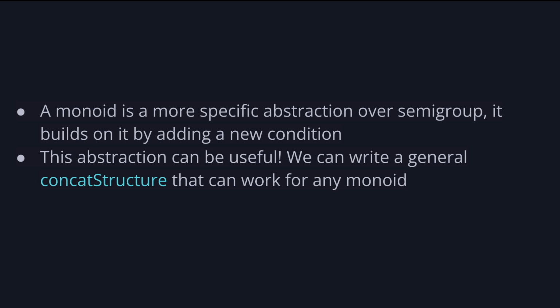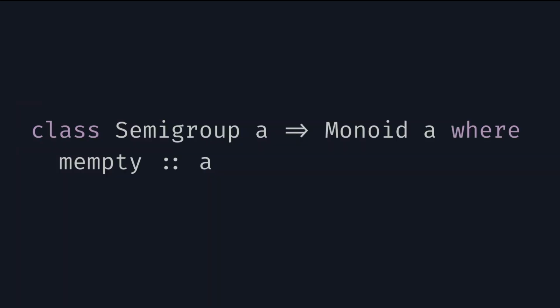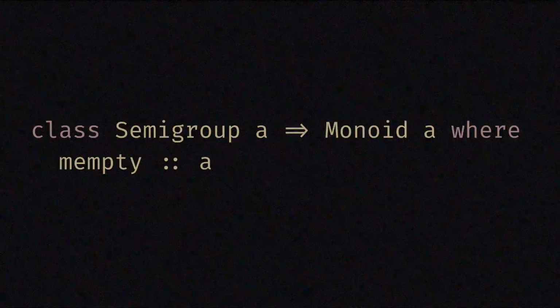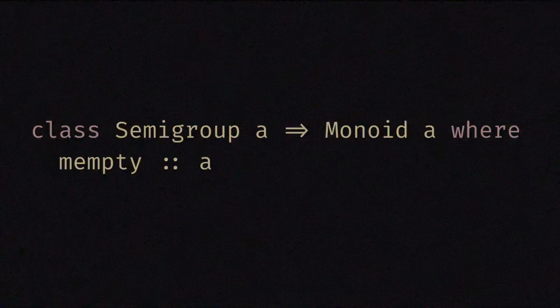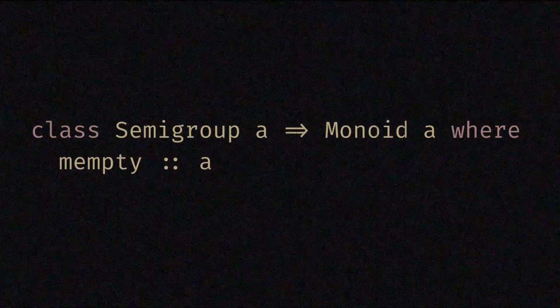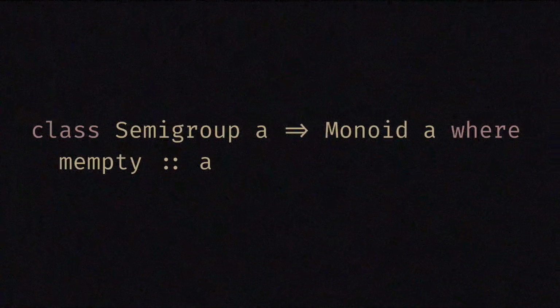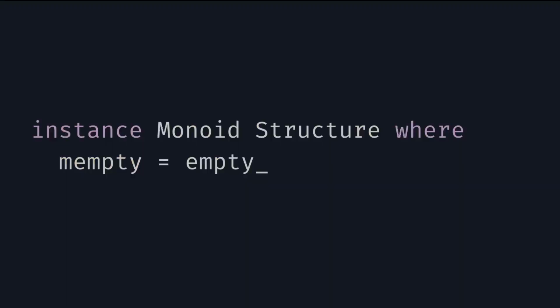This abstraction can be useful. We can write a general concat structure that could work for any monoid. And indeed, there exists a type class in base called Monoid, which has semigroup as a superclass. And note that this is a simplified version. The actual is a bit more complicated because of backwards compatibility and performance reasons, and semigroup was actually introduced in Haskell after Monoid. We could add an instance of Monoid for our HTML structure data type by using empty as